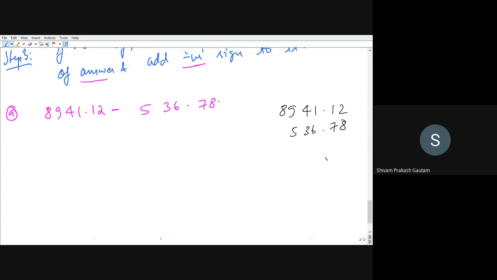So you can see that the bigger number is a 4-digit number and the smaller number is a 3-digit number. So you have to make the smaller number a 4-digit number as well. You have to add a 0 to it, right? Because 8 has to be subtracted, and generally we neglect this, but 0 has to be added. Okay, so just subtract this number from this.